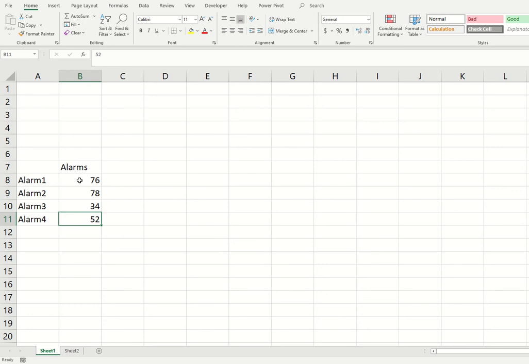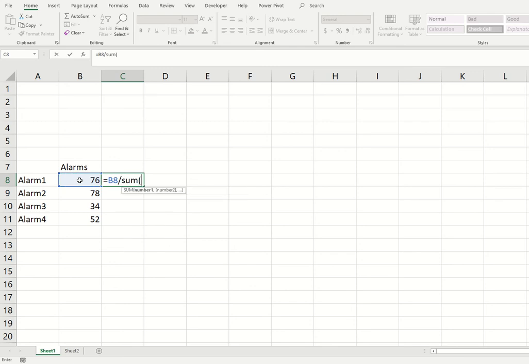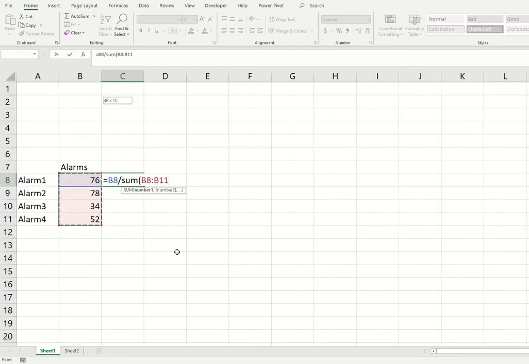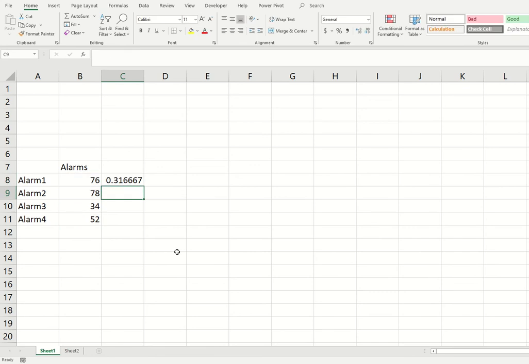Like, how much percentage of alarm 1 has occurred? So 76 out of all the data, you will get somewhere around 32, 33 percent. Let's do that once: 76 divided by the sum of all the alarms. So you can see alarm 1 has occurred about 31 percent of the time.